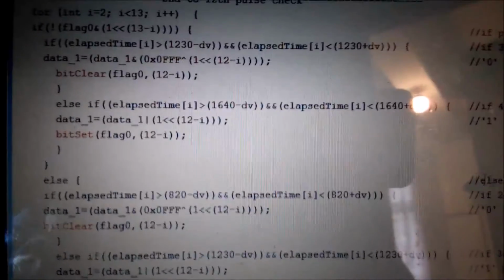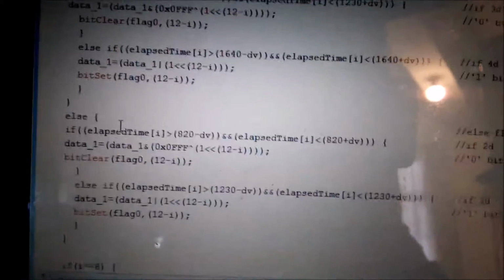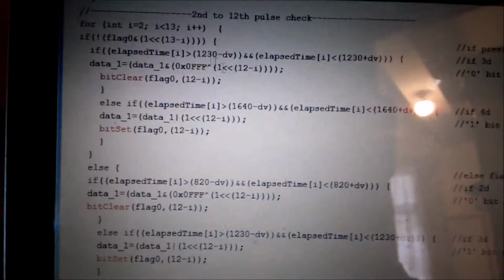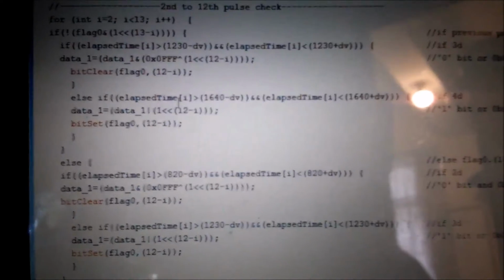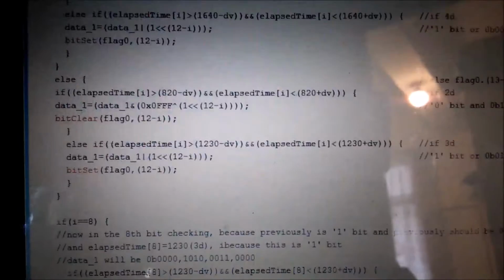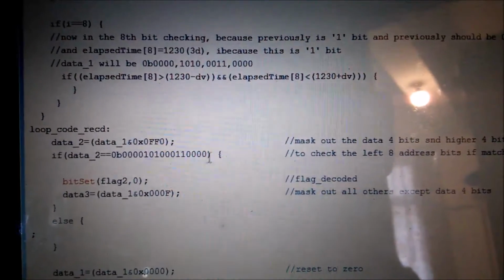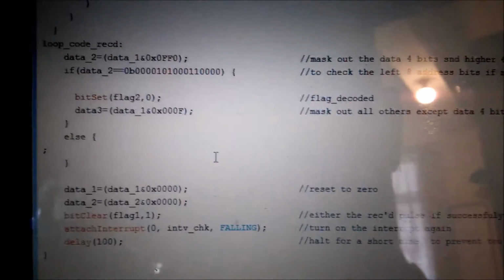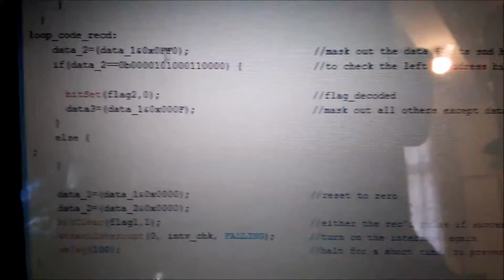And else, if the previous bit is not 0, if it's 1, I do the same again, just some changes. This will complete all the rest of the bits, 12 bits. And here is no use, I just wait for other use. And then this